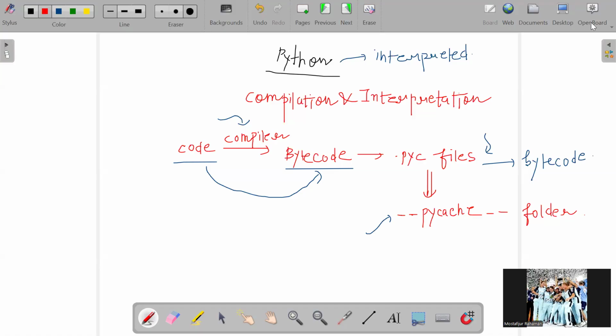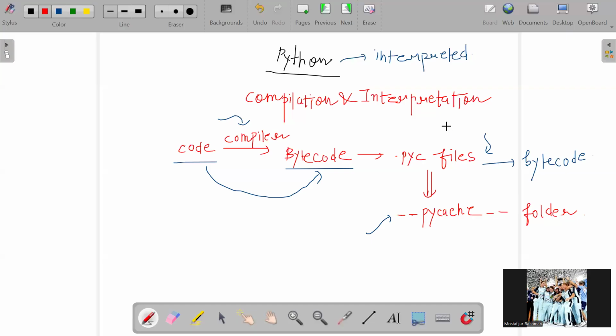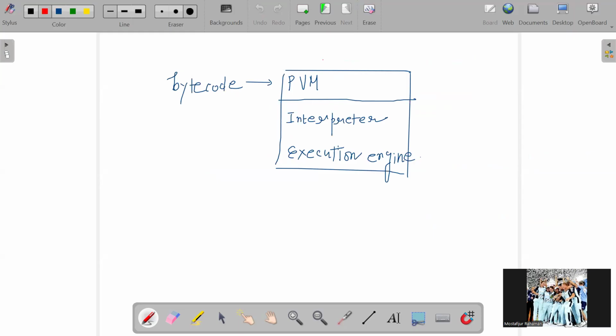Whatever overall we have seen in terms of your bytecode so far, this is not machine code. Any of the bytecode instructions you have seen here have nothing to do with the sequence of zeros and ones, right? Whatever my CPU can directly execute, whatever your CPU understands, is basically the binaries. Apart from that, it cannot directly execute anything. So in order to execute a bytecode corresponding to the Python programming language, you would require something called a Python